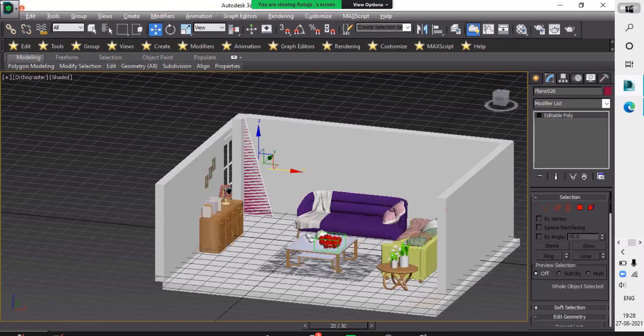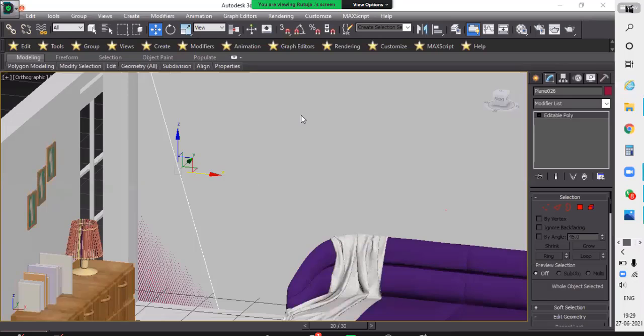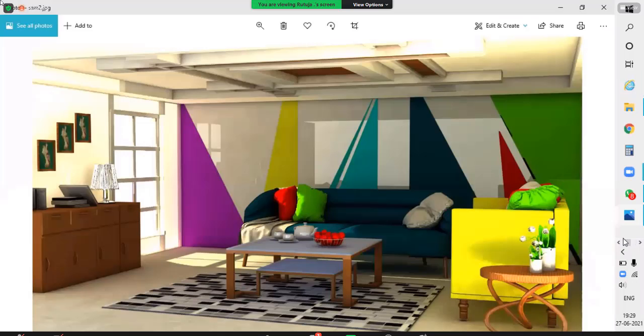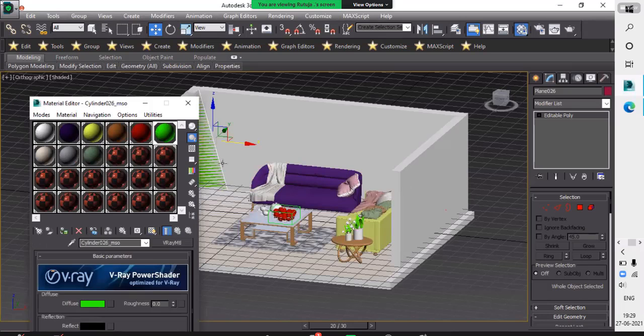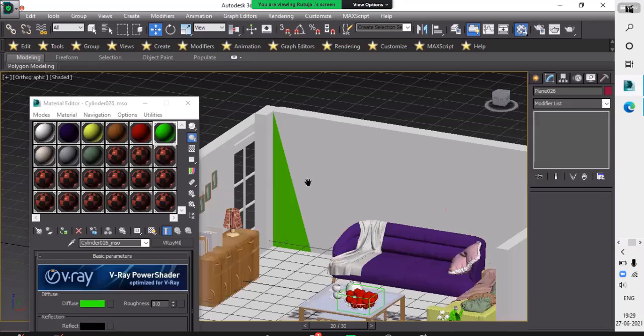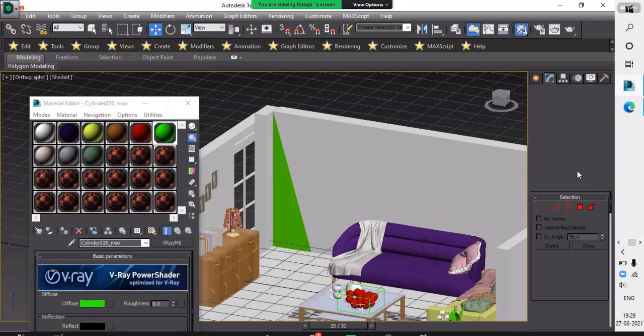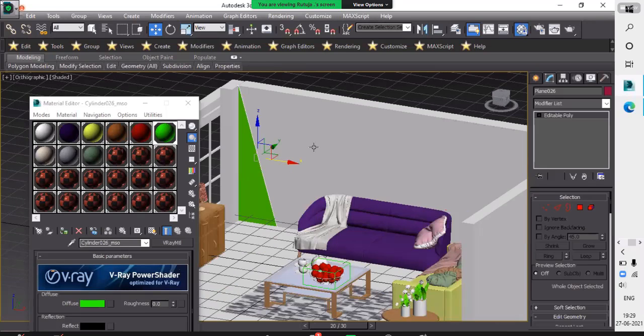So second one, look at this picture, and here is a yellow. When we make it, I suddenly give the color and apply the material to it. So it's useful and easy to make for you. So I will give another one.